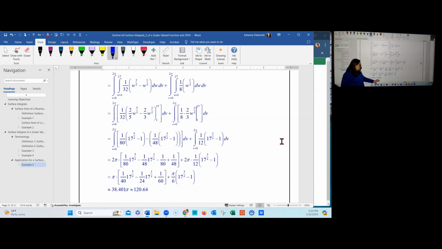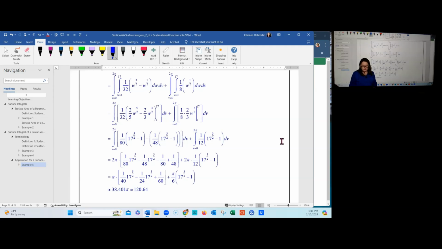Our final result is about 38.4 pi, which is about 120.64. So if our density function represented, say, grams per square unit of area, then this would tell us that this material in that paraboloid weighs